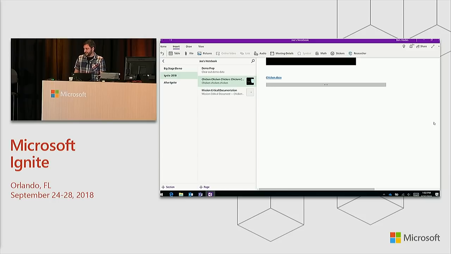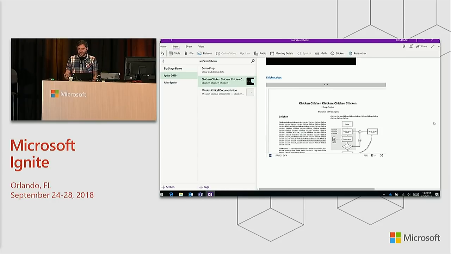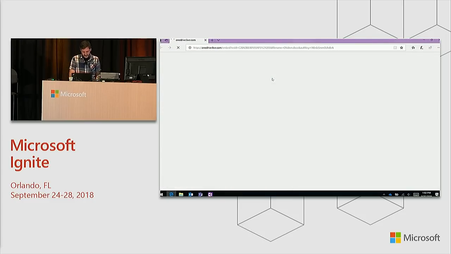Simply select that and upload that. And what it's doing is uploading that document to OneDrive for me. It's creating a live copy of it so that I can go in, I can view this, I can share this, I can unshare it, I can make changes. And just to kind of prove that this is live,